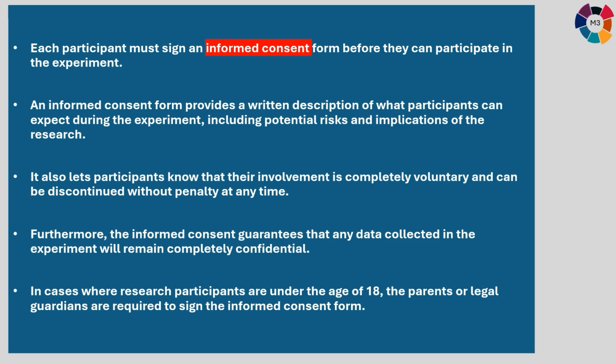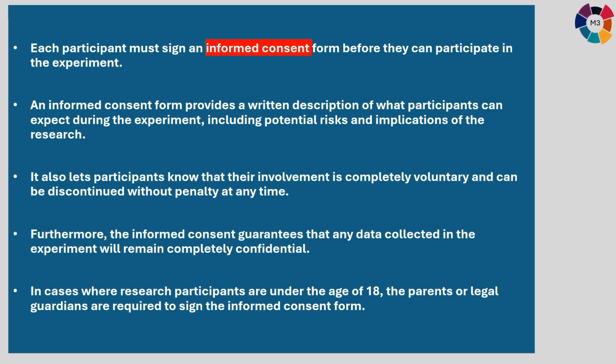It also lets participants know that their involvement is completely voluntary and can be discontinued without penalty at any time. Furthermore, the informed consent guarantees that any data collected in the experiment will remain completely confidential. In cases where research participants are under the age of 18, the parents or legal guardians are required to sign